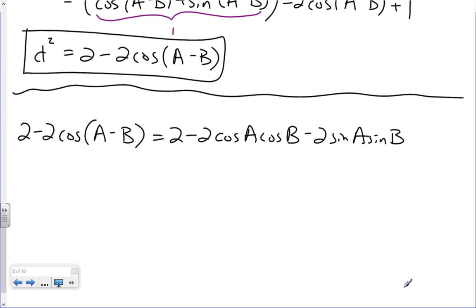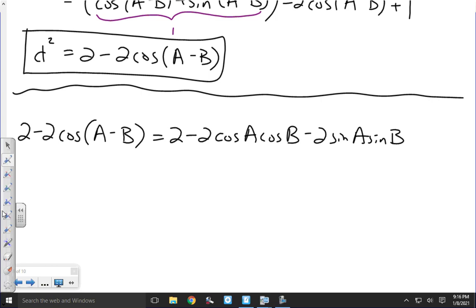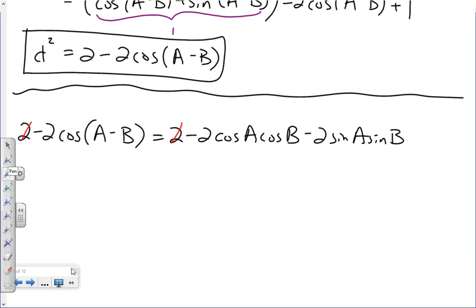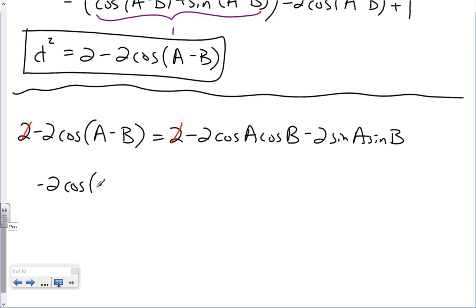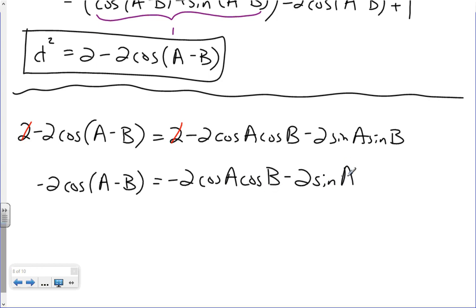All right, so now let's simplify this. I guess the first thing we should be able to do is to get rid of these 2's here, right? If I subtract 2 from both sides, I'll be left with this here. So I've got a negative 2 cosine of a minus b is equal to a negative 2 cosine of a cosine of b minus 2 sine of a sine of b. Oh, it looks like each of these terms now has a negative 2 in front of it. If I divide everything by a negative 2, dividing each term by a negative 2,